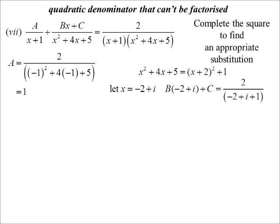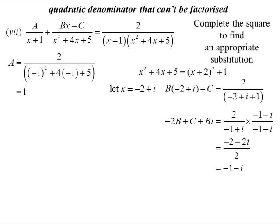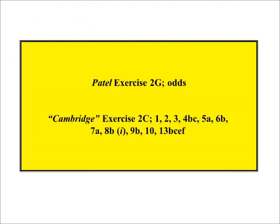Let's just persevere and prove it does. So substitute in -2 plus i. Brilliant. Right-hand side, bit of manipulation. It's not too bad, actually. It's not as bad as we originally thought it was going to be. And there we go. B is -1. C is -3. All right. So in our Patel, we've got something to do there. In our Cambridge,